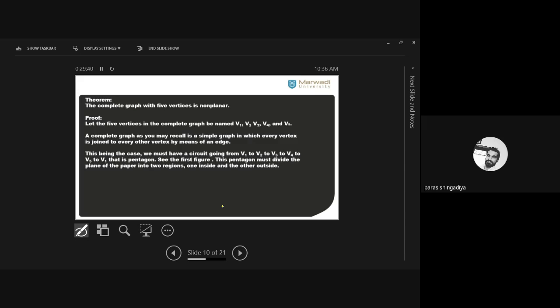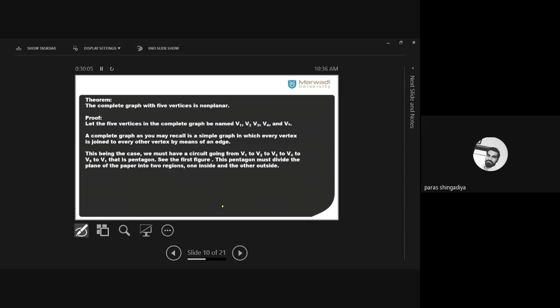Okay. So what do we consider here? Let us take 5 vertices in the complete graph. We name them; you can also consider any arbitrary names. I consider here V1, V2, V3, V4, V5. Okay, we start from that. We create a K5. So what will we do first? Consider 5 vertices and mention the notations for these 5 vertices: V1, V2, V3, V4, and V5. That is step 1.